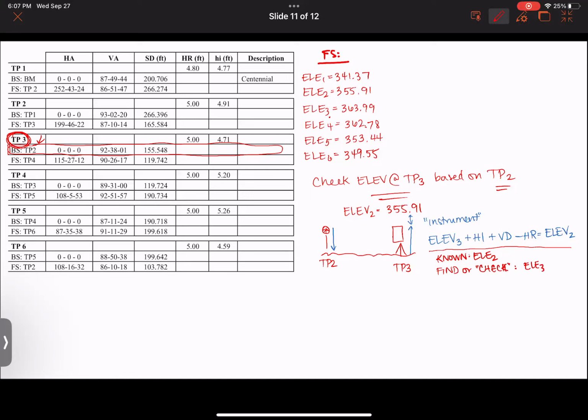So let's rearrange this equation. I'm going to keep elevation of 3 on the left-hand side, and move HI, vertical distance, and HR to the other side. So HI is now minus, vertical distance is now minus, and HR is now plus. We've moved them to the other side. We can now populate some values. Elevation at 3 is going to be equal to elevation at 2, using that foresight calculation you did last week, 355.91, minus HI, which in this case is 4.71, minus VD, which is equal to our slope distance of 155.548 times cosine of my vertical angle, 92